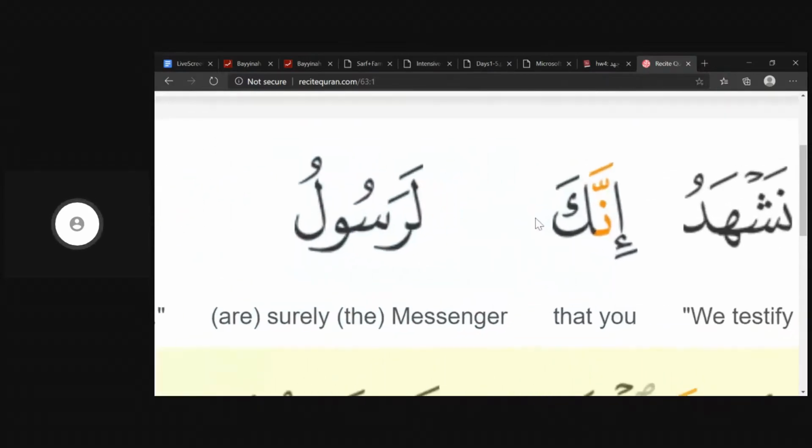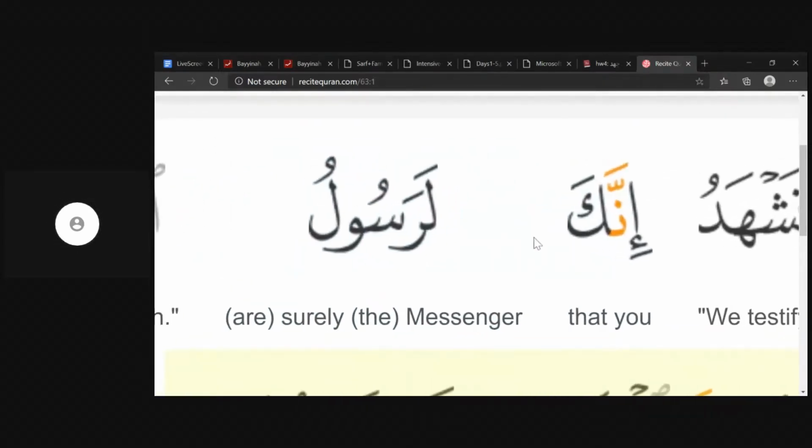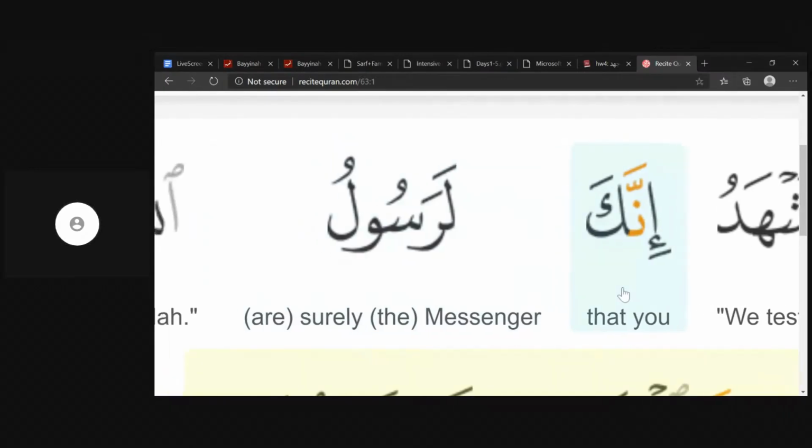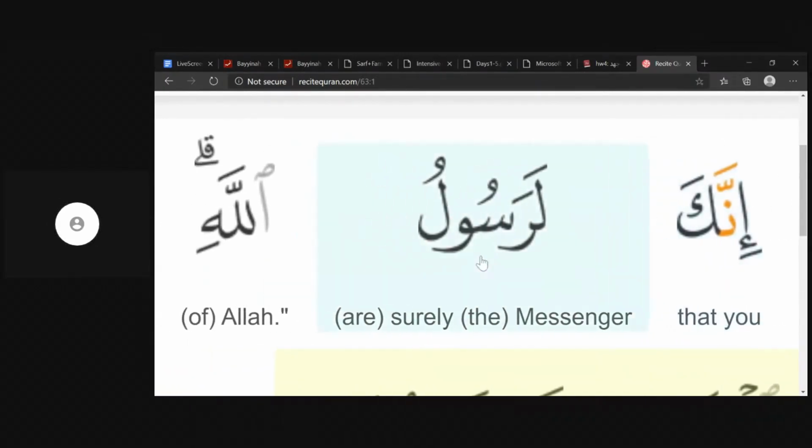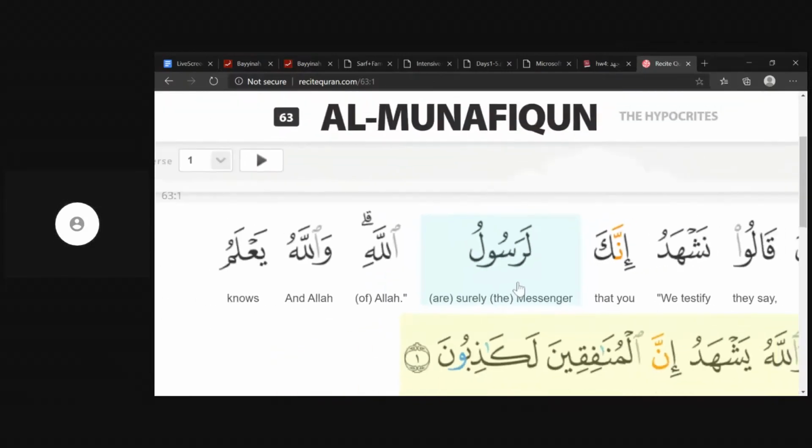So they start with innaka, that's the start of a sentence. This is the start of their testimonial. Innaka, certainly you, la Rasulullahi. Now here, the word Rasulu, there's no reason in this new sentence for it to be anything other than rafa'. We don't have a reason for it to be a detail. It's not the detail of the fi'l anymore because we've started a new sentence.